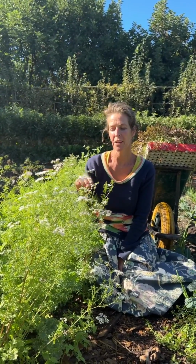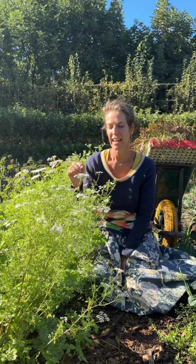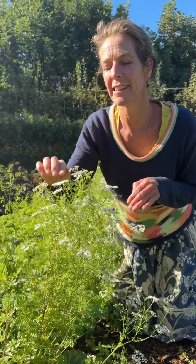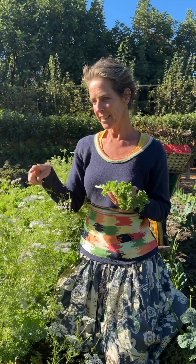So here we have the coriander that's already gone to flower, and these fabulous little umbelliferous little umbrellas are the most excellent platforms for the predatory insects. I think coriander, parsley, celery, they work really well with the cabbages, and also you can see here it's been